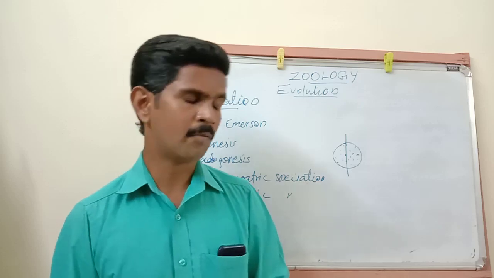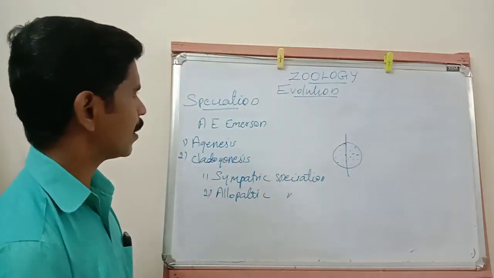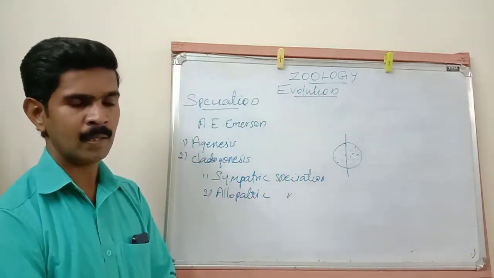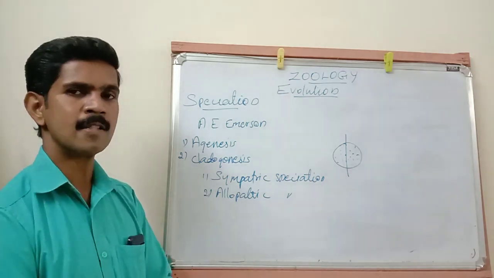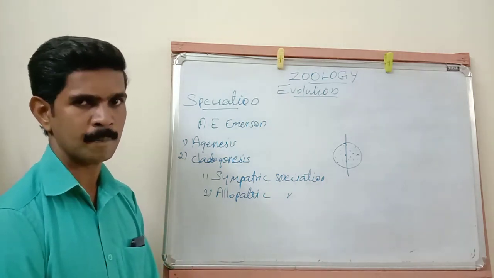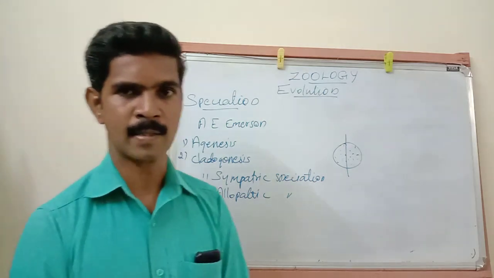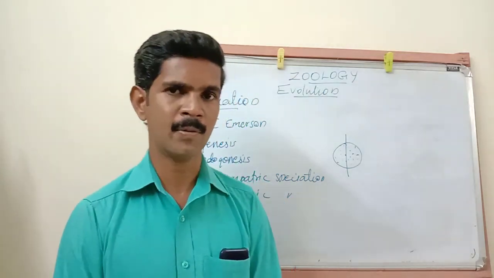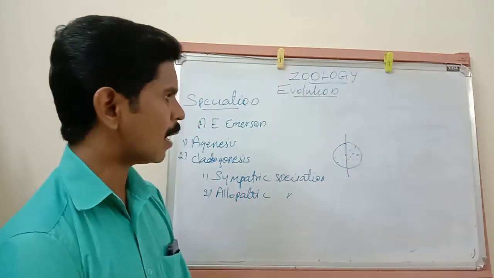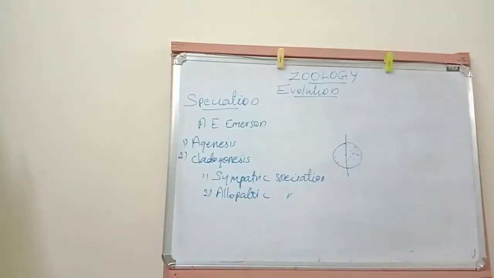So now we have completed one important 5-mark question, speciation. The two types of speciation are very important for the 5-mark question. And in the beginning we studied the 2-mark question answers. Then our next topic is